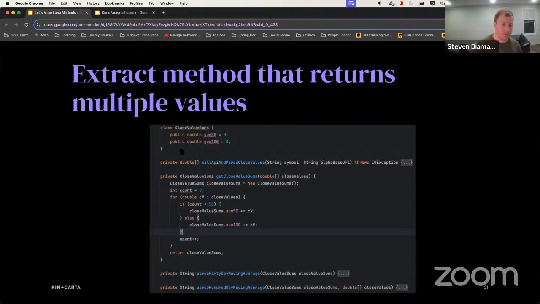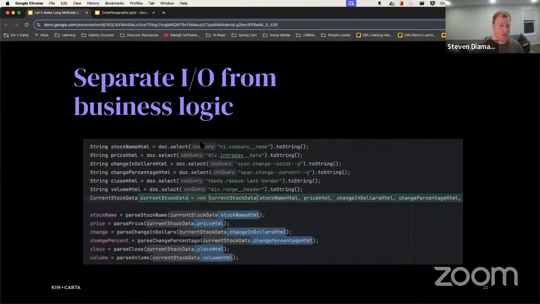But the lack of encapsulation here is not a problem in the beginning, in the short term, because we're just trying to take this long method and start to separate things and put them into groups, seeing where everything belongs. And then a huge thing, a huge problem I see all the time, is that there's IO and business logic together. I don't normally see this in data class constructors like I have here, but I see it all the time in services. I see these big services in Spring Boot